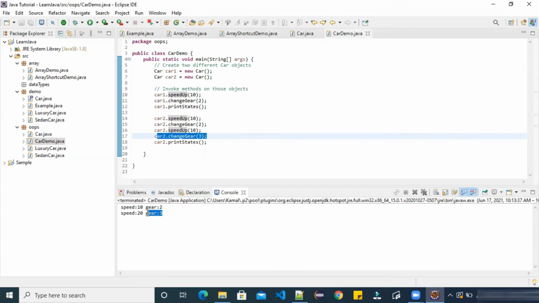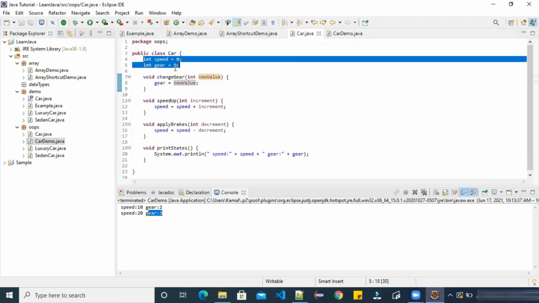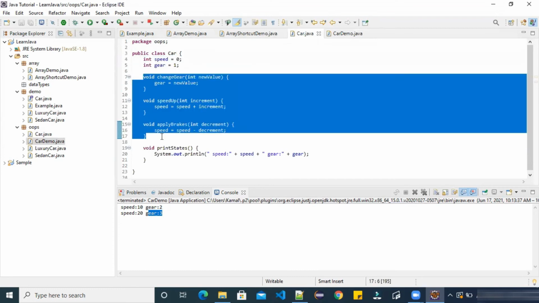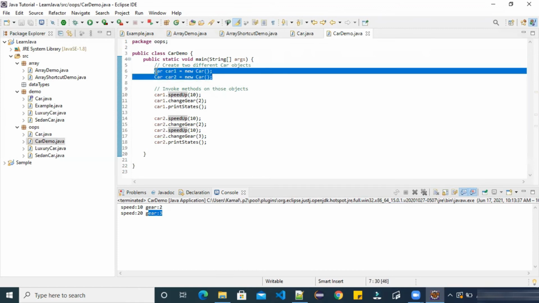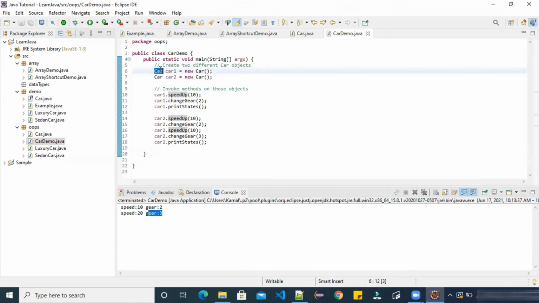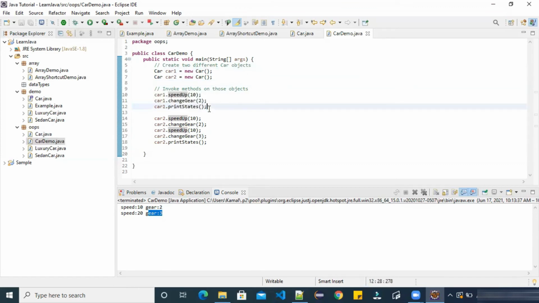So this is how we create blueprints for defining states and behavior by creating objects of our blueprint Car. This is the way of creating objects for blueprints, and we can apply methods.